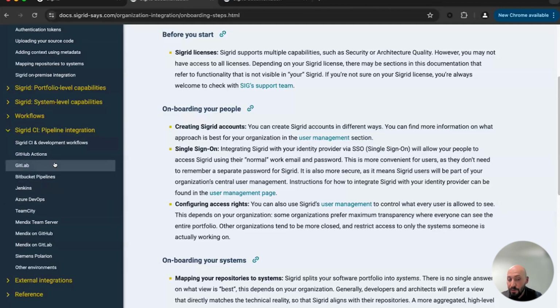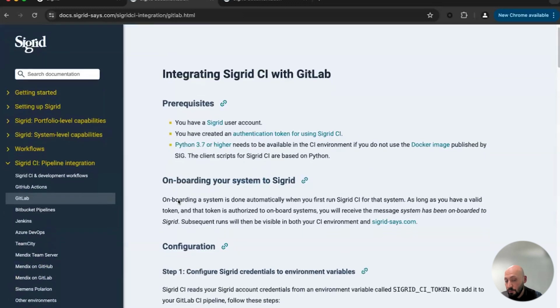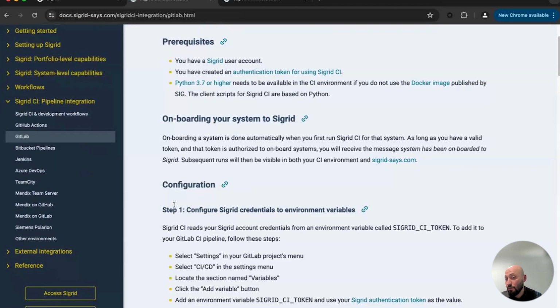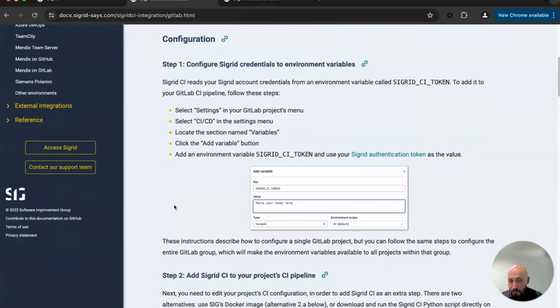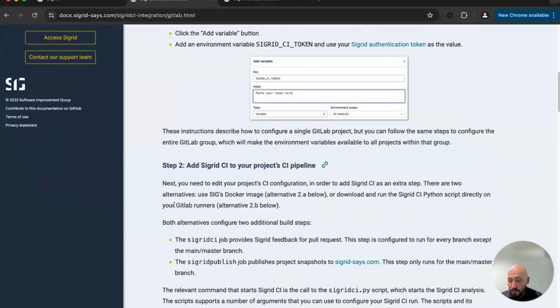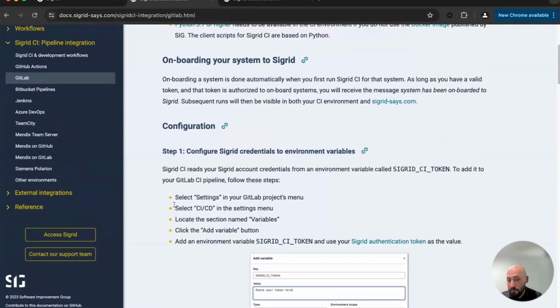You select that specific page related to your own pipeline, and there you see an explanation about what the steps are in order to get the code on Sigrid. I think this information also speaks for itself, so I wouldn't start reading the manual now. But if you do have questions, please let me know.